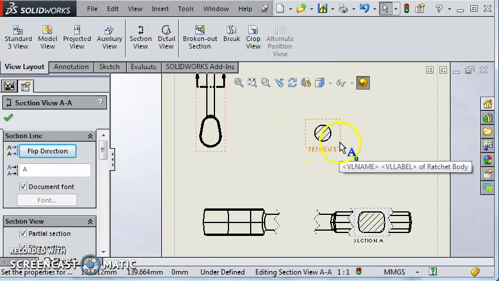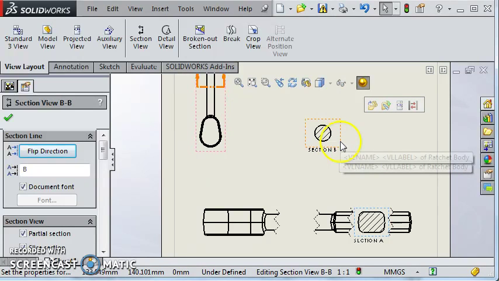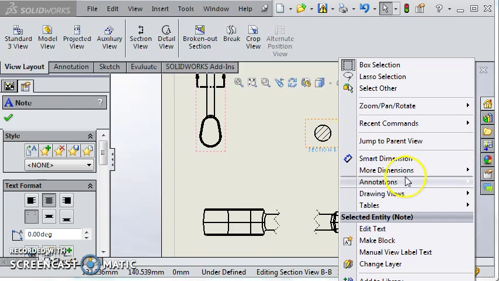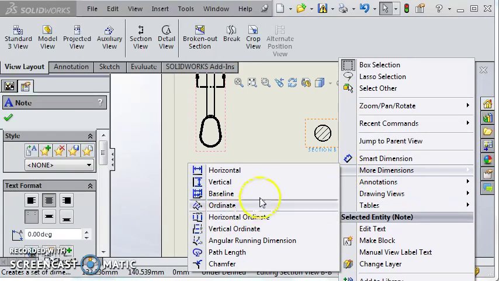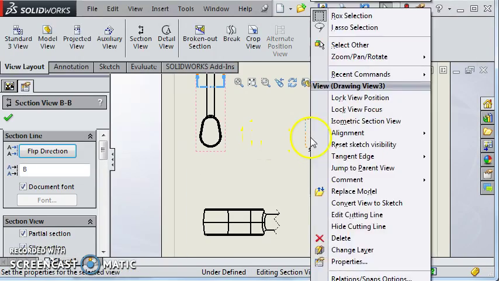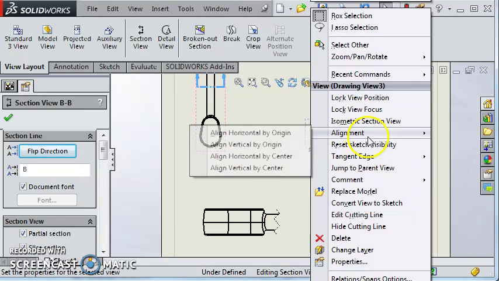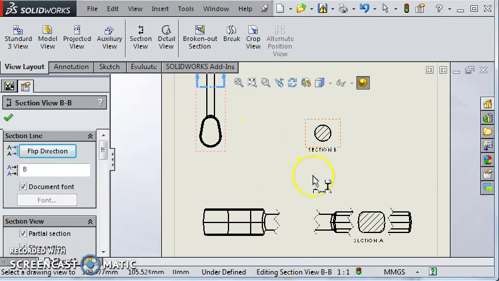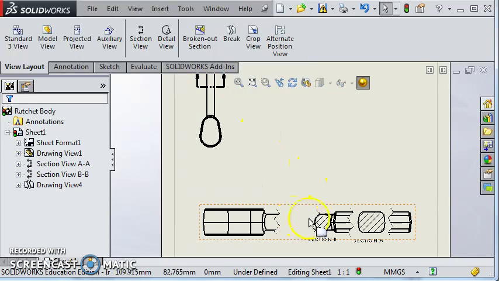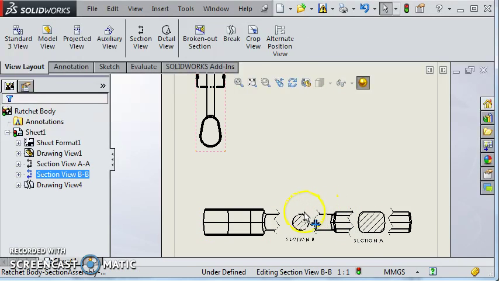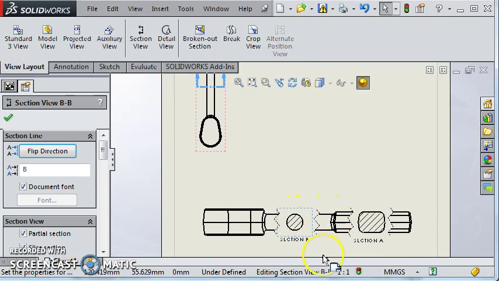So we can do that again for section B. So section B, right click, go to... there was an alignment that should be there. So right click and alignment, and then align, sorry, align horizontal by origin. And we can line up with this drawing, and now that circular section is lined up perfectly